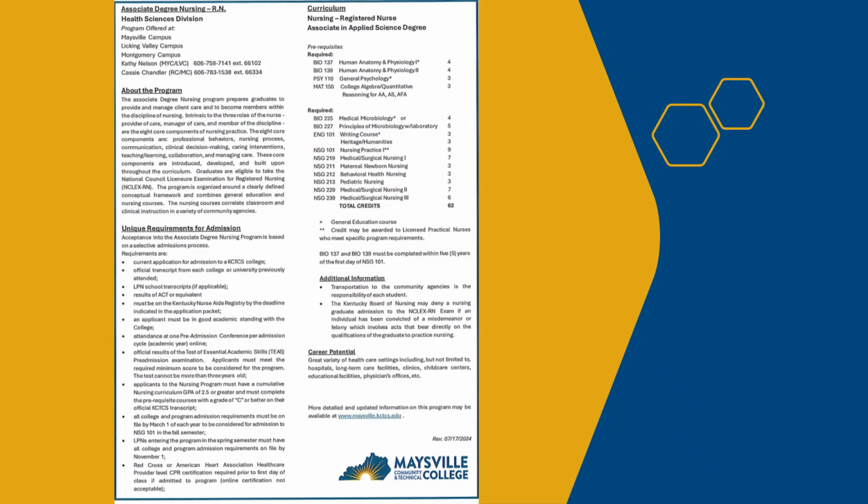You must be in good academic standing with the college, and you must attend one pre-admission conference, which you are doing. We have to have official results of your TEAS examination, and you must meet the minimum score to be qualified. You can take that test 2 times in an admission cycle, and the test can be no older than 3 years for an admission cycle. You also have to have a GPA of 2.5 or higher to be considered for the program, and you must submit